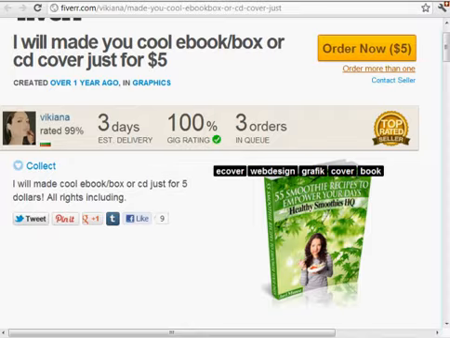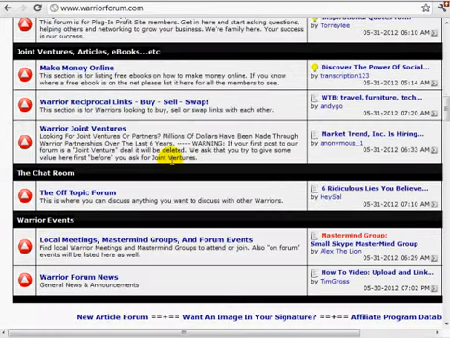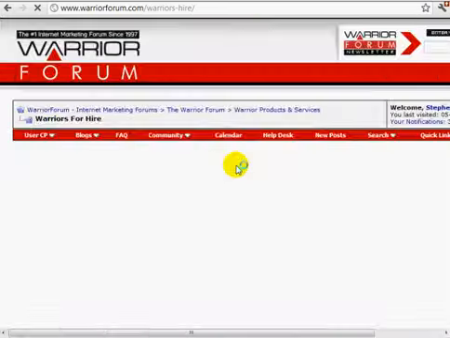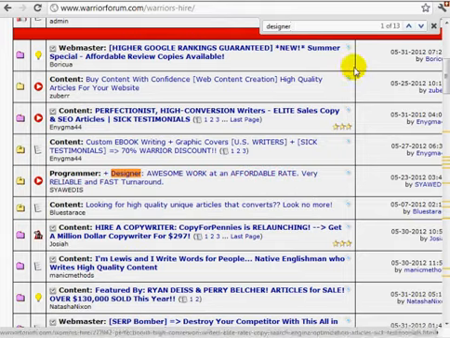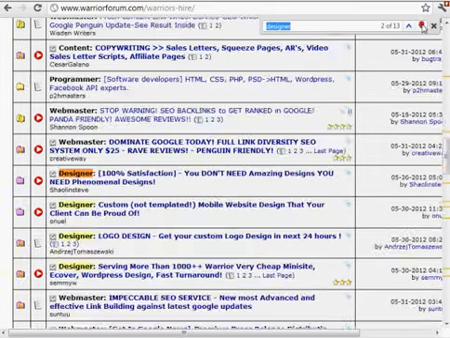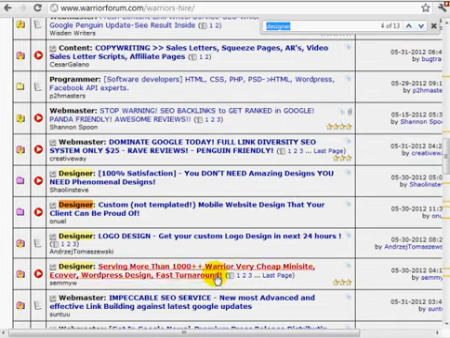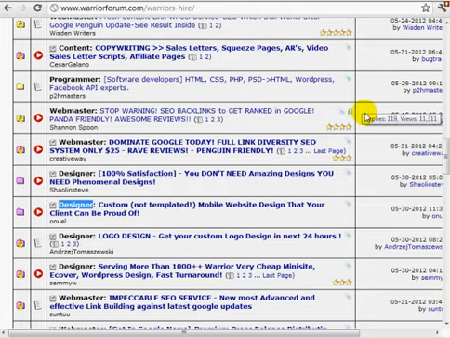I also use Odesk, and I also use the Warrior Forum. If you go on the Warrior Forum and go to Warriors for Hire, which is here, I'll sift through the designers. You could even search for designer, and I'll basically go through and look at the designs and use the 4-step process again. Contact different designers, see who responds to you the quickest, and ask them 1 or 2 questions in a row. That way, if somebody is in a different time zone, you can detect whether or not they respond quickly between those 2 questions, and see who's serious. Then use my 4-step process, and you will be able to outsource